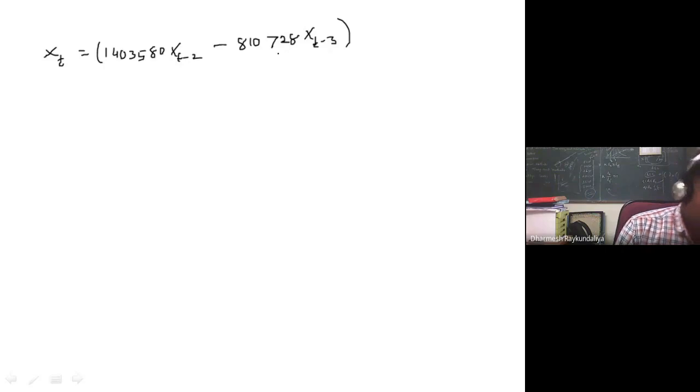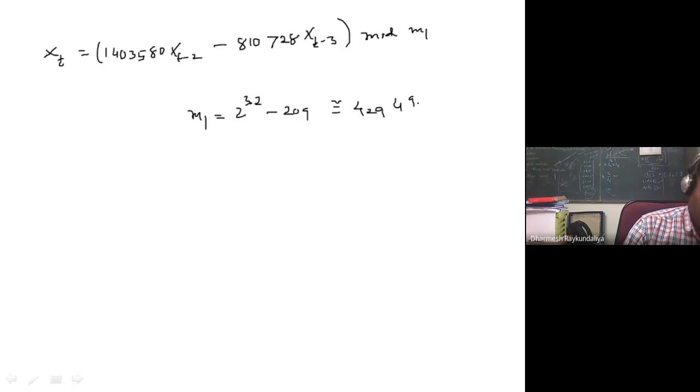So that is up to 3, and that is modulo m1, where m1 is 2 raised to 32 minus 209. This you have to remember. 4294967087.